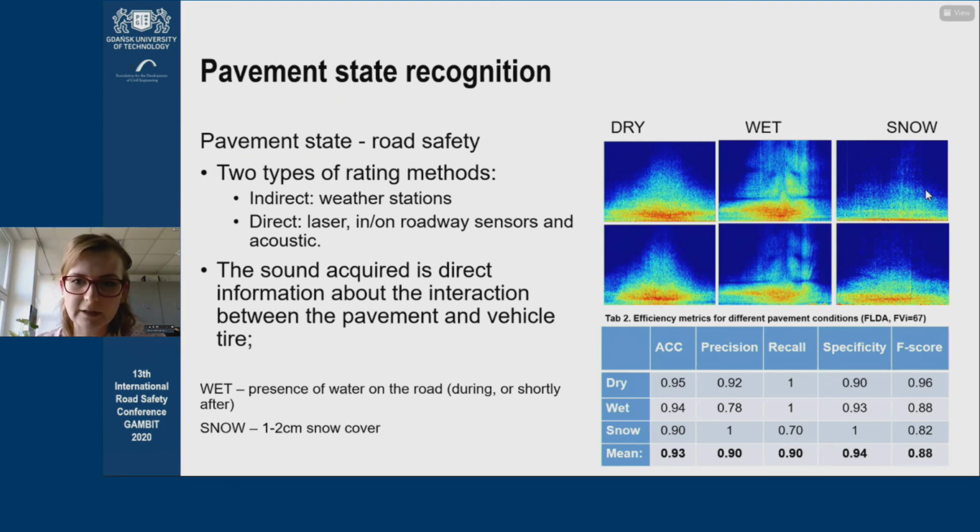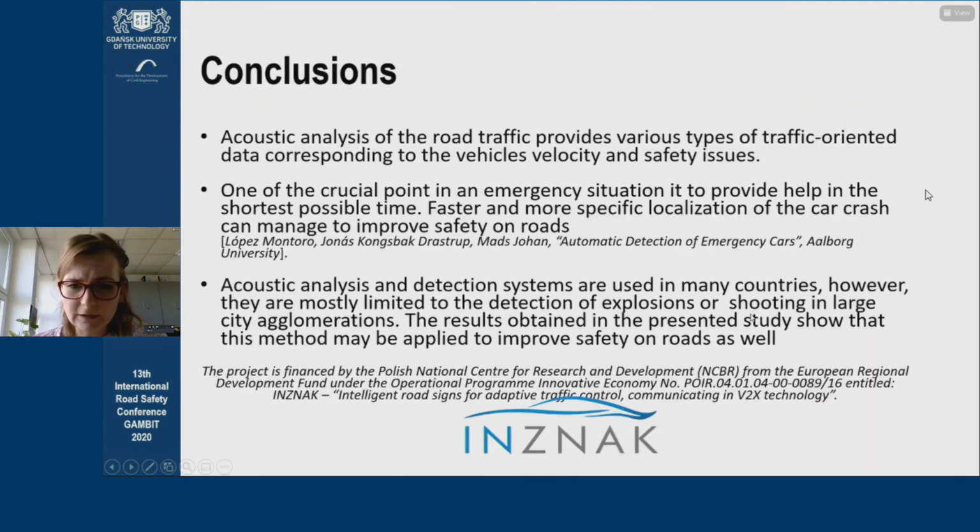You can clearly see the spectrogram of wet road surface when the droplets go up and down, creating the sound in a high frequency. So again, 300 calculations showed us once again that FLDA was most effective. So this is a matrix of errors and effectiveness. And in conclusion,